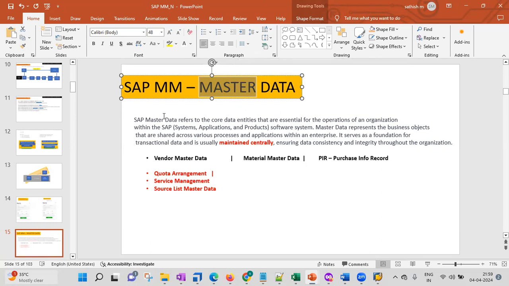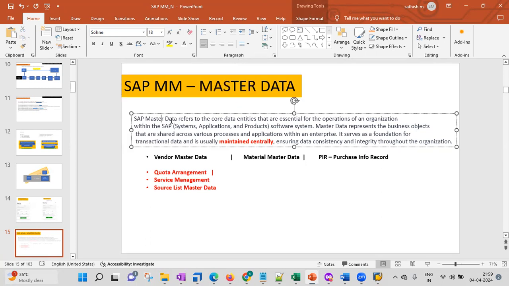The same way here, master data refers to the core data entities with some kind of information. Like in the small house, there are some common things we keep in our hall, like a TV, a fridge, or a sofa set. The same way here also, core data entities